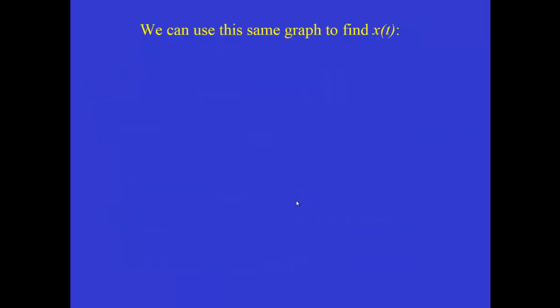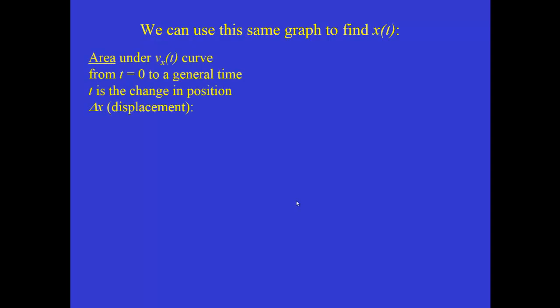Now let's go one step further. We can use this same graph to find an expression for the position of this object as a function of time. How do we do this? Well, we can show that the area under the vx versus t graph, starting at time t equals 0 to some later time t, is simply the change in the position. The change in the position is the area. The reason we know this is if